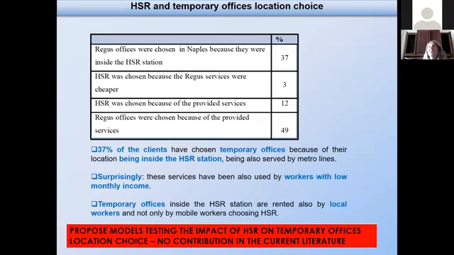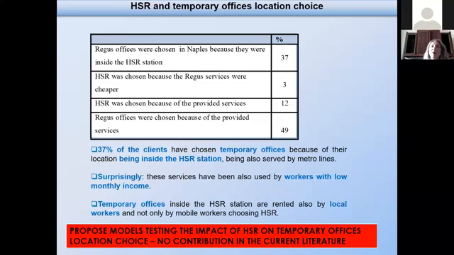So the strategic location, because of high-speed rail, people arrive by train, have the meeting, and then go back by train, if they live in another part of Italy, or another part of Japan, or France, etc. I wanted to say also that in Napoli it was really surprising that these offices were also rented by local workers and low-income monthly workers, but I'm not going to go deep into